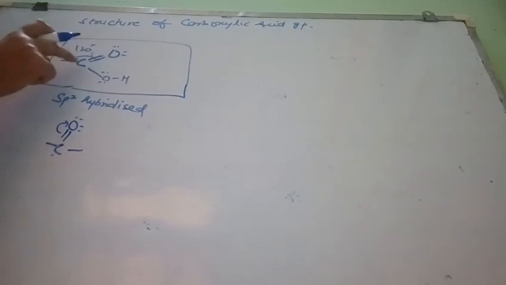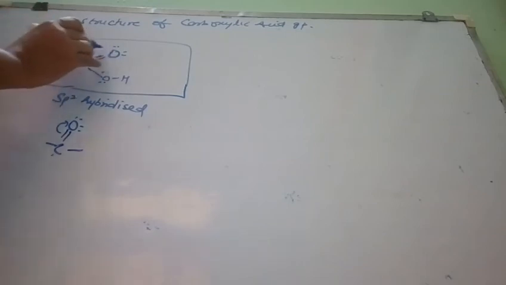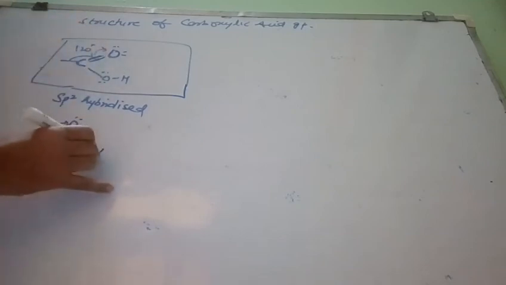Now the question arises, is this carboxylic carbon also similar to the carbonyl carbon? So the answer is no. In the case of this carboxylic acid carbon, the electrophilicity of the carbon reduces. Now why does it reduce? Because when this oxygen withdraws this pi electron towards itself, I will show here, then this carbon will gain the positive charge.